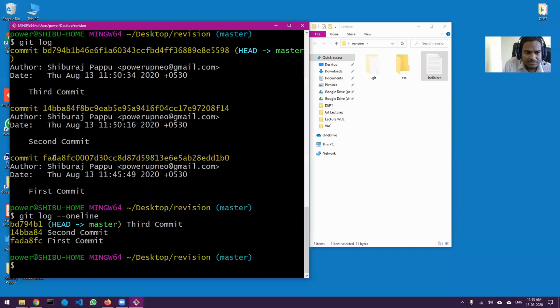If you look at this, this is same as this. Basically what git is doing is shortening it down so that you don't have to type a huge amount of characters. Anyhow, we are not typing, we are just copying and pasting it. But if you want to type it, then this is much easier. Now you may ask, what if another commit has the same hash?